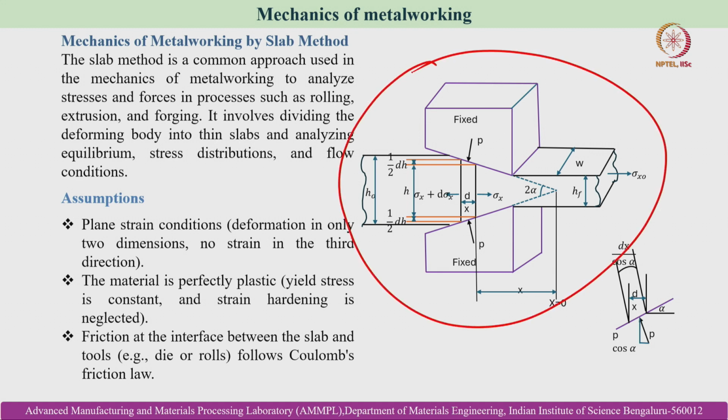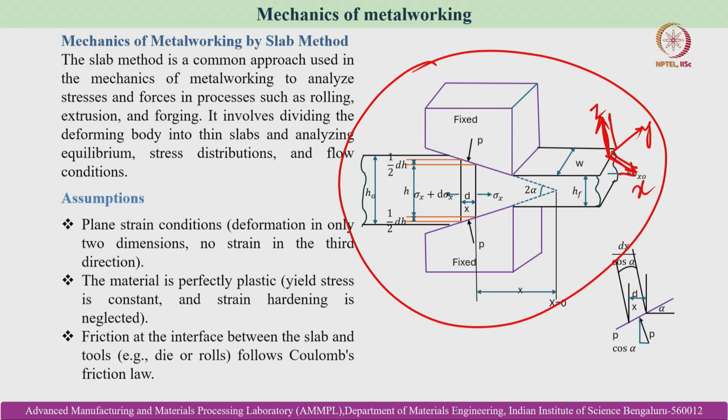So, why are we assuming plane strain conditions here? Because it is assumed that the deformation is happening only in 2 dimensions and there is no strain in the third direction. So, it is assumed that there is no strain in the width direction. If we consider this is the width direction, that is y, and this is x, so x, y, z. So, this is z. Along the direction of the movement, that is the x direction, there is deformation happening,